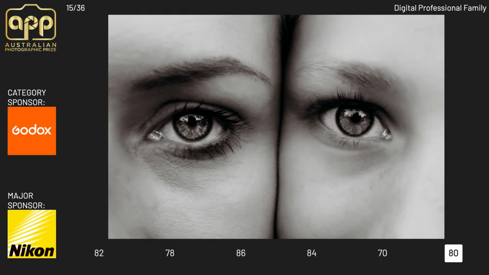I see this as parent and child. So you've got parent on the left, child on the right. Again, I'm just looking at skin textures here. That's my kind of base. So it's got an older sort of skin. You've also got what I'm going to assume is the mother on the left there, and she's straight and she's strong, and she has that strength in her face, whereas the child has put the cheek in and is tilted into the mum. So to me, there's that sort of strength that comes from this photo, which we don't see, but it is definitely implied with the way that diagonal kind of forces it through the image. So for me, that's why I'm up in that silver range.